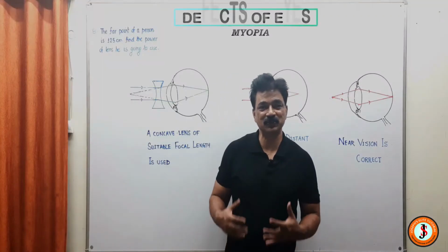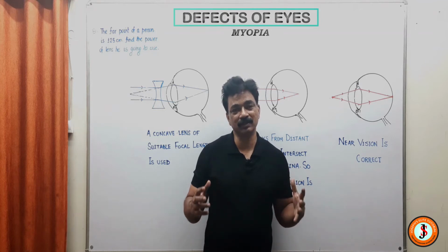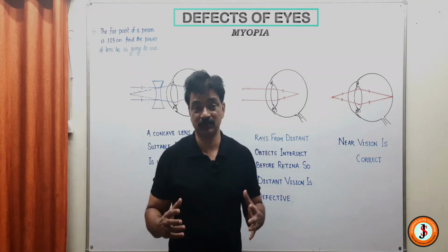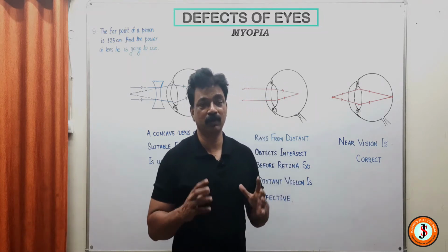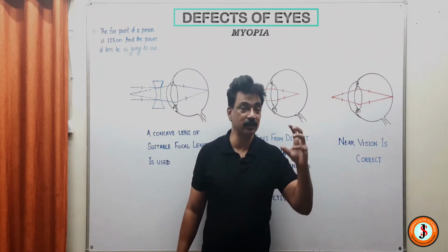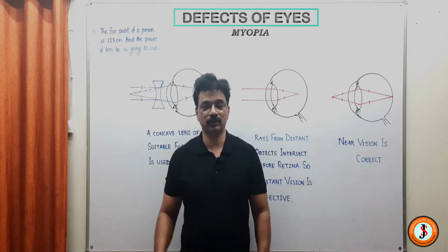Hello children, just to remind you that we are studying about the eye. We studied about the structure of the eye, then we studied about the way the eye functions. The normal position of the eye is very simple. The normal position means that when the eye is looking in a relaxed way, the eye lens is in a relaxed mode. Now we are actually touching two extremes.